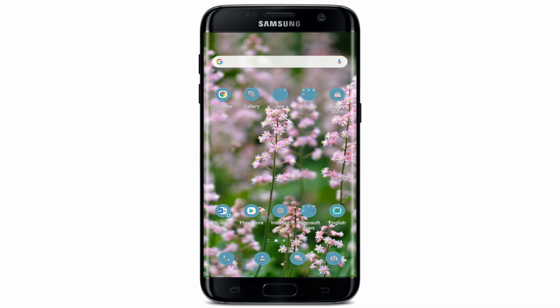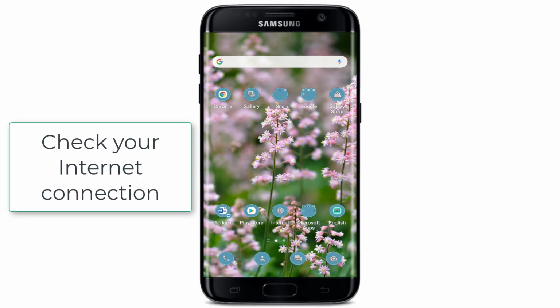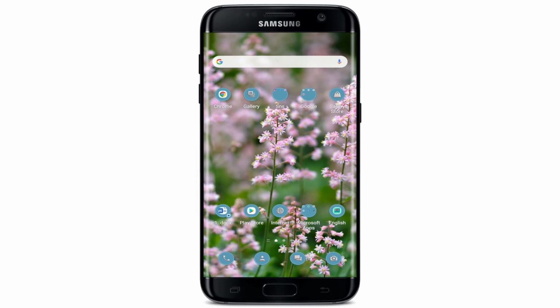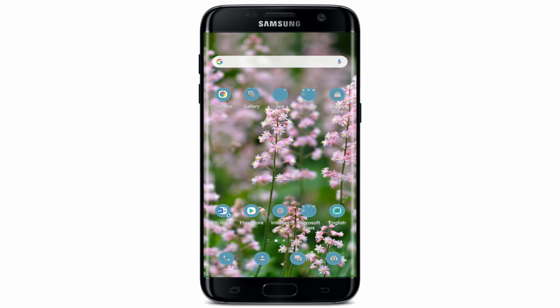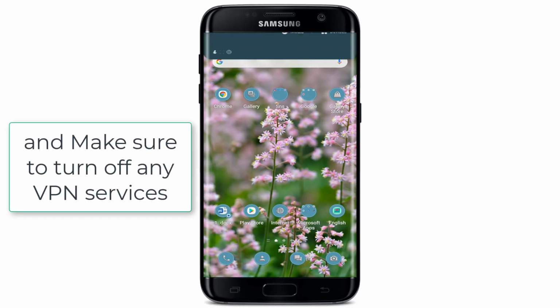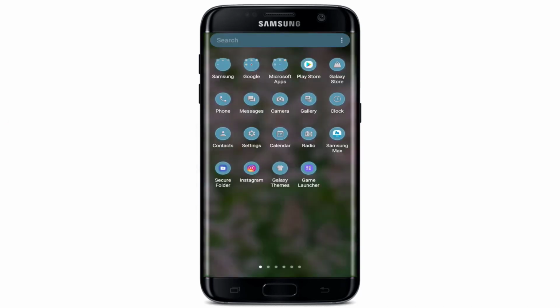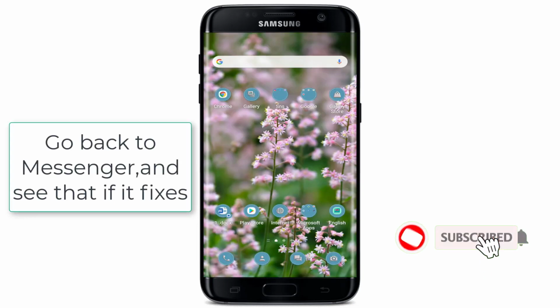Now let's begin. If you're not being able to send messages on Messenger, the first thing you'll need to check is that your internet connection is working. If you're working on Wi-Fi, try switching between cellular data and vice versa. Make sure to turn off any VPN services if you've turned it on before, and once you do that, go back to your Facebook Messenger and see if